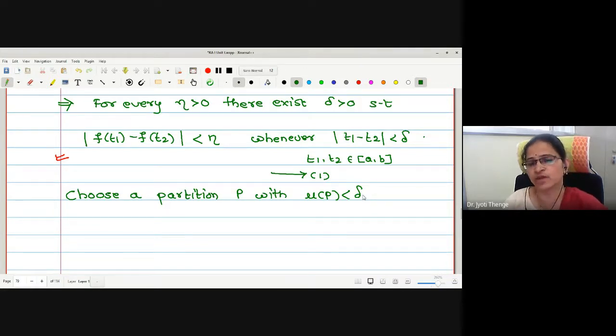And if the length of every subinterval is less than delta, then for any two points of any subinterval, the difference between the two points must be less than delta. Means this condition will be satisfied, no? If I select a partition with norm less than delta, this condition is satisfied. Therefore, can I use this statement? Correct? Then by equation 1 we have